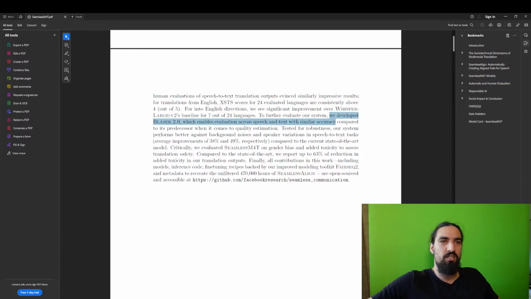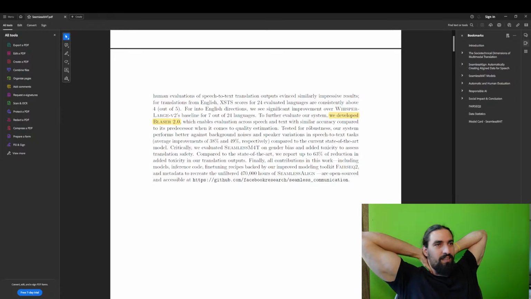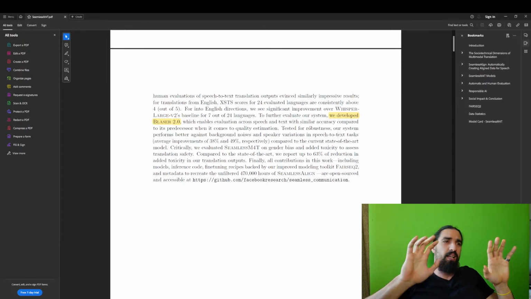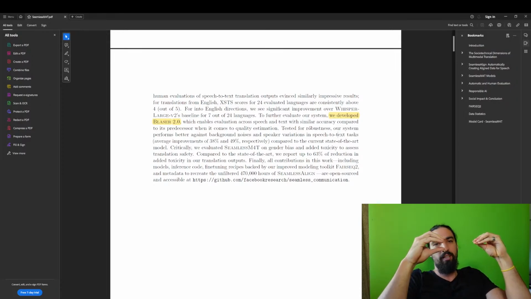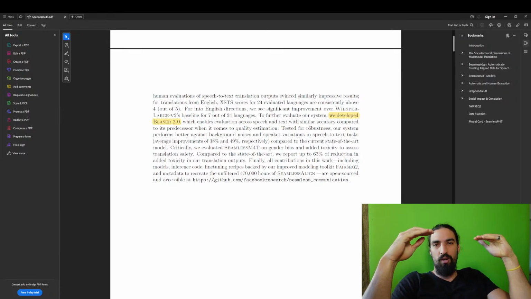This is going to be interesting. This is the system they use to, I think, mine the audio data, similarly to how they used Laser. So they basically have this Laser model that helps you mine for parallel corpora. There is plenty of data that's monolingual on the internet, but what you want to have is a parallel corpus. You want to have a sentence corresponding to its direct translation in your target language, and it's hard to find